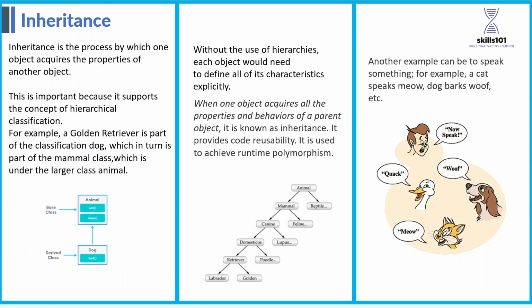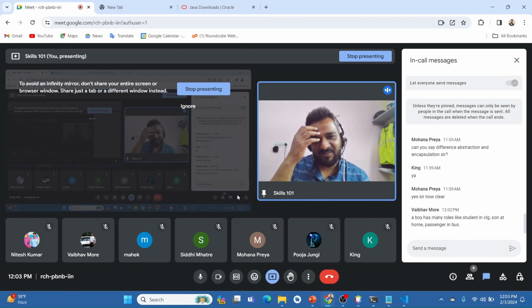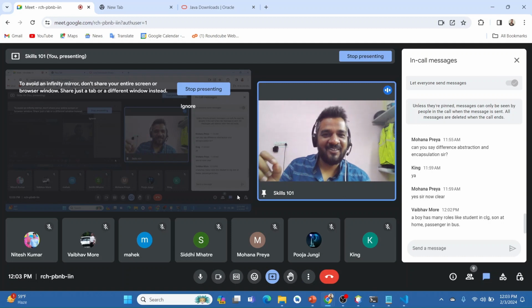So if I give you a real life example, at your home, you use your parents' property, right? When we are a kid, if your parents are using a car or a bike, you also like it, you also start using it. We are already using their house also, right? So we are, as an object, using the properties of a different object through classes, right? So that is inheritance.